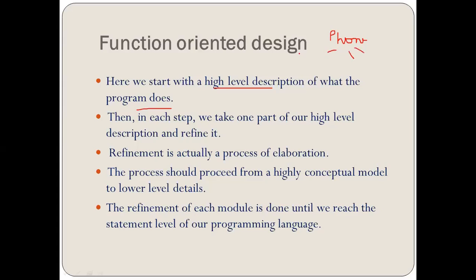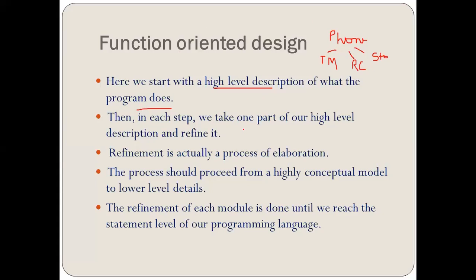I need to send text messages, so the functionality of text messages should be there. Receiving and dialing of calls should be there. And there should be storage of data, whether it is the contact list, the data files I have, or the attachments through the mails. So these are the three major functions which an overview of a phone system can give. This is the first point, the high level description.